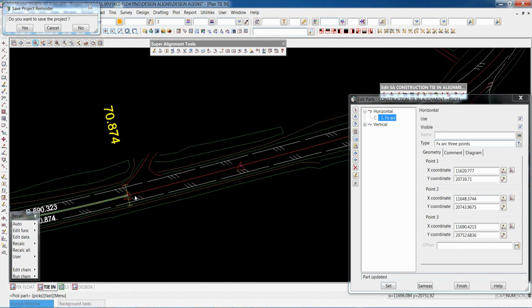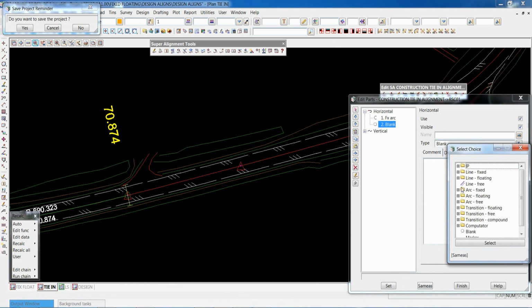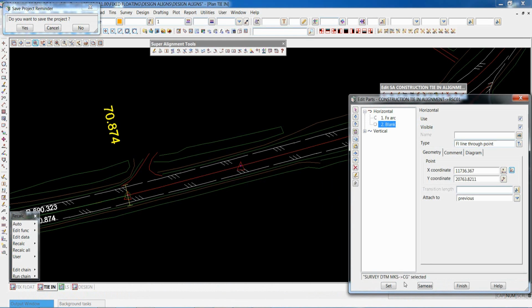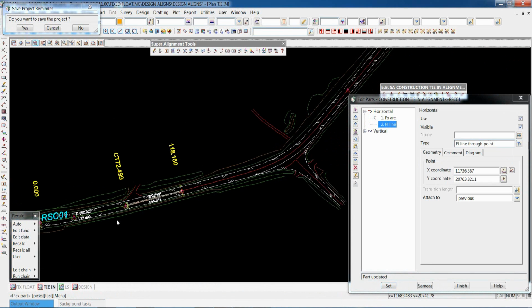So now I want to adjust my bearings so that I'm along and pass through this point here. So I go and insert another point, and that's just going to be a line through a point. The point I want to pass through is that point there. So now building up my alignment string over the existing alignment.